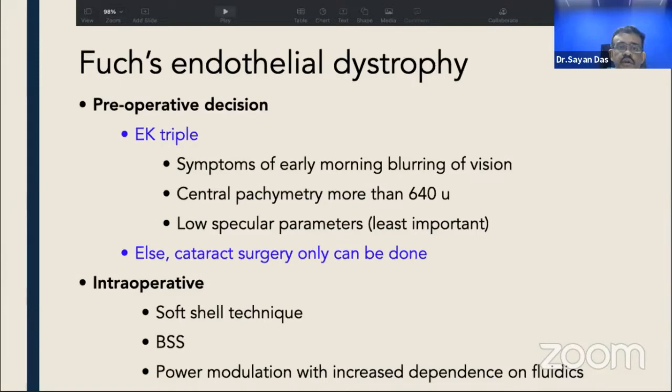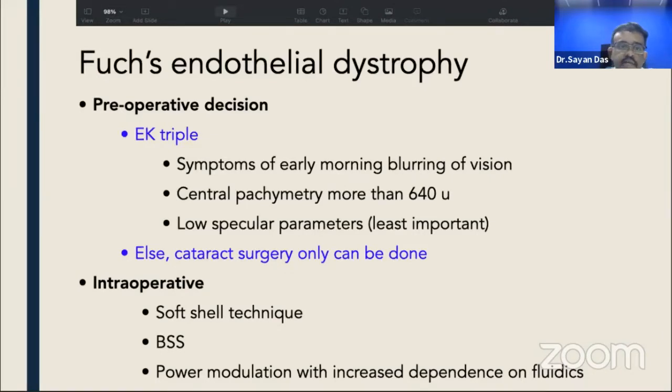So when should we think about an EK triple procedure? If the patient complains of symptoms of early morning blurring of vision for around 2 to 3 hours after getting up in the morning, if the central corneal pachymetry is more than 640 microns, or if the specular parameters are of poor quality. However, we must remember that these low specular parameters are the least important among the three of